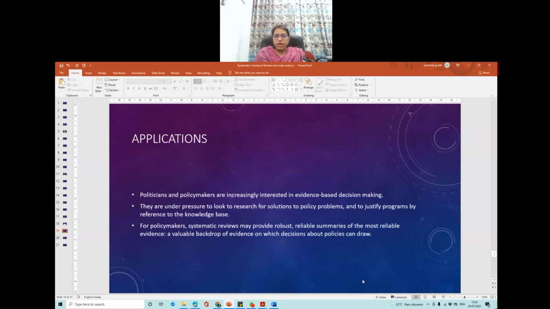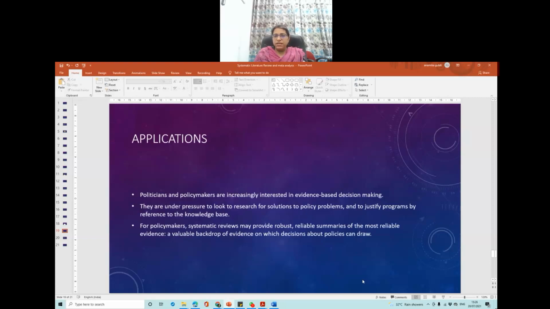Right? So we have studied the whole process and understood a few of the applications. Now we'll try to understand why or when we actually do a systematic review. When there is an uncertainty, for example, about the effectiveness of a policy or a service where some previous research has already been done, we try to find out, for example, that this policy was implemented in 2016, so what happened after that? We need to collect that data. The data is collected and put into a systematic review format, then meta-analysis is done, and then you reach a conclusion. This is an example.